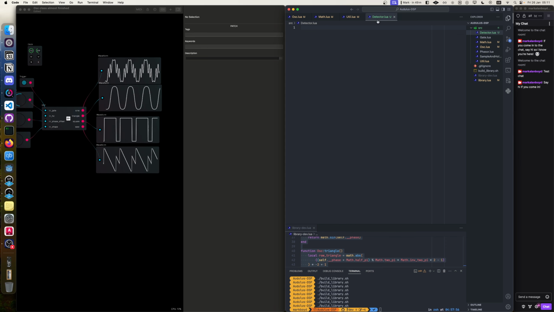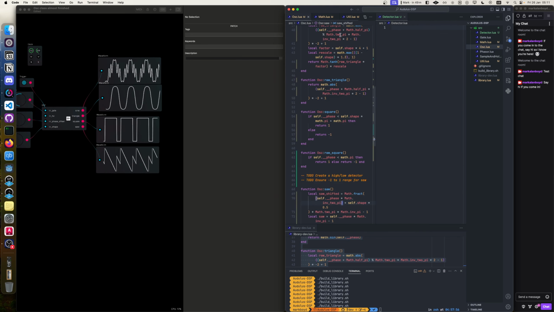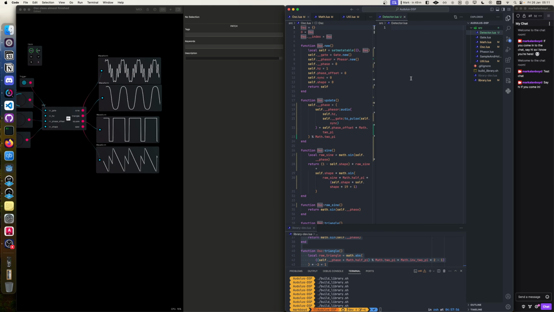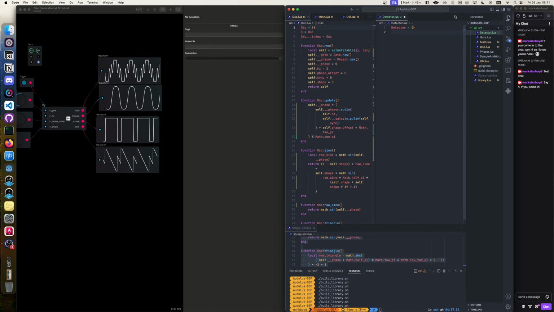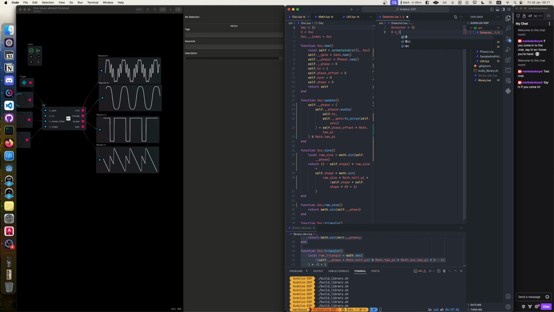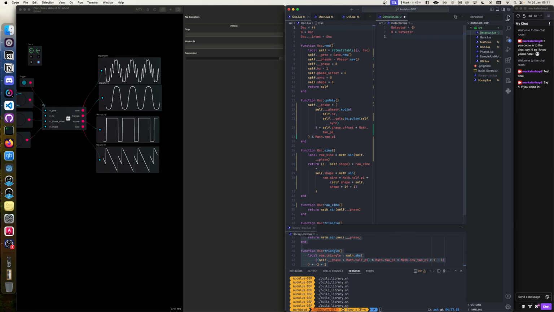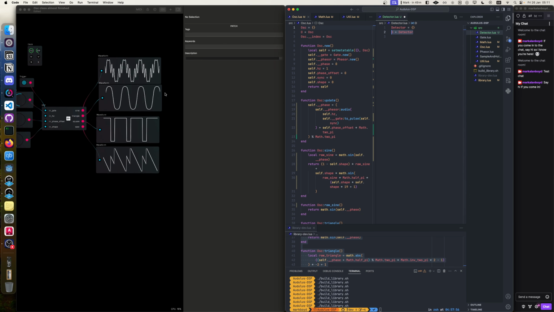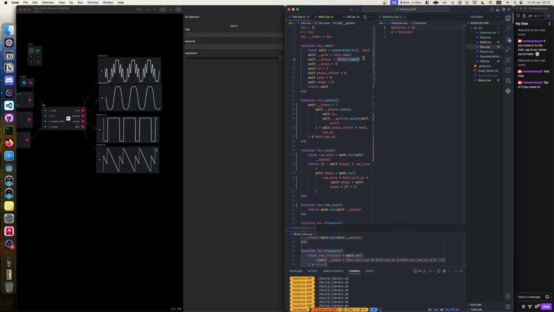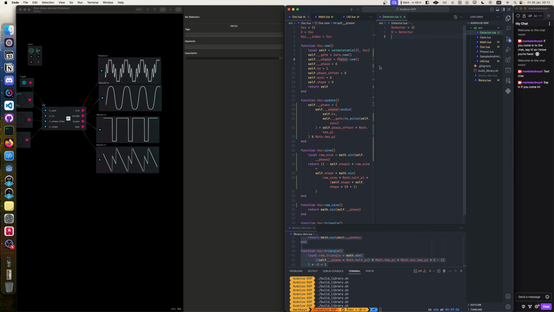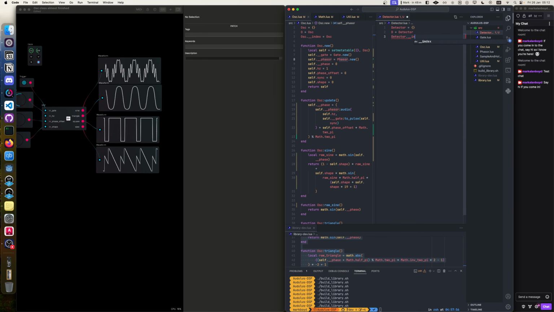So first I'm going to make a new class. Split this right, and I always just look at another class to kind of set it up. So we do a detector equals an empty table. I do a shortcut like this. This shortcut is only used when you're writing code within this library. Like I always use this when I'm calling on other things like phaser.new, even though I could just do p.new like this. That's the same thing, but it's just added there for convenience. So detector index equals